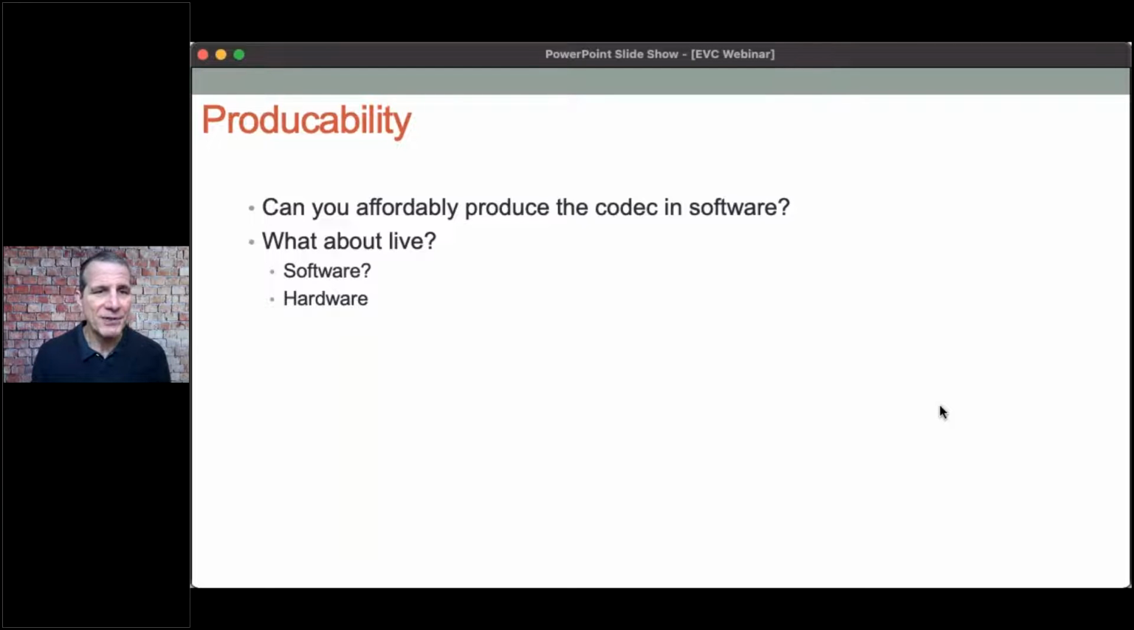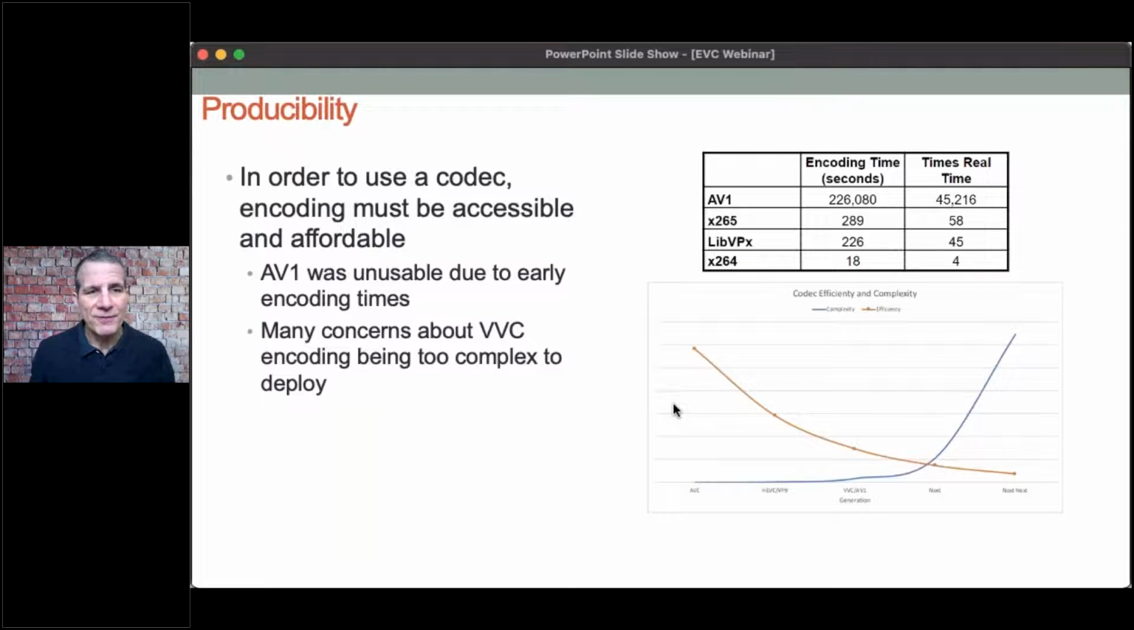Let's look at producibility and playability. Can you affordably produce the codec and software? That was one of the big things that held back AV1. And what about live? Because live is obviously a key market, both on the origination side and on the delivery side. So again, in order to use a codec, encoding must be accessible. When I first tested AV1, this is back in I think 2019, encoding time was 45,000 times real time. It's improved a bit since then, and a lot of the concerns we've seen with VVC, specifically, a David Ronca post in LinkedIn that talked about increasing complexity and how awful it was getting, and he used this slide to